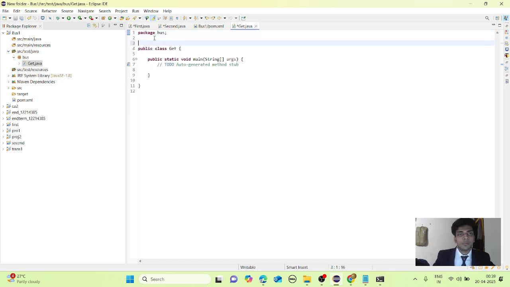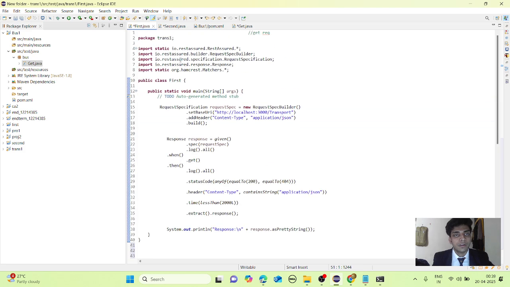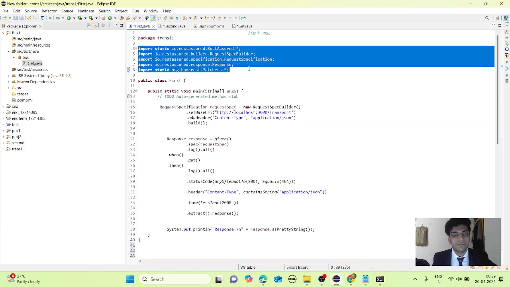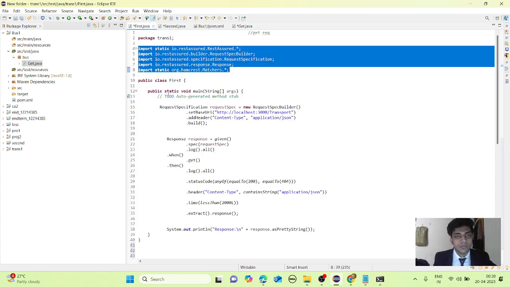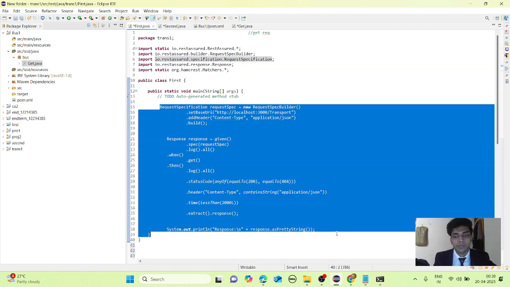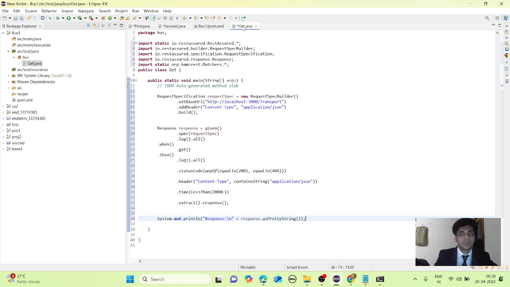For performing the get operation, we have to import some packages, which I take from here. Make sure the link here is only the link which you are getting on your command prompt.